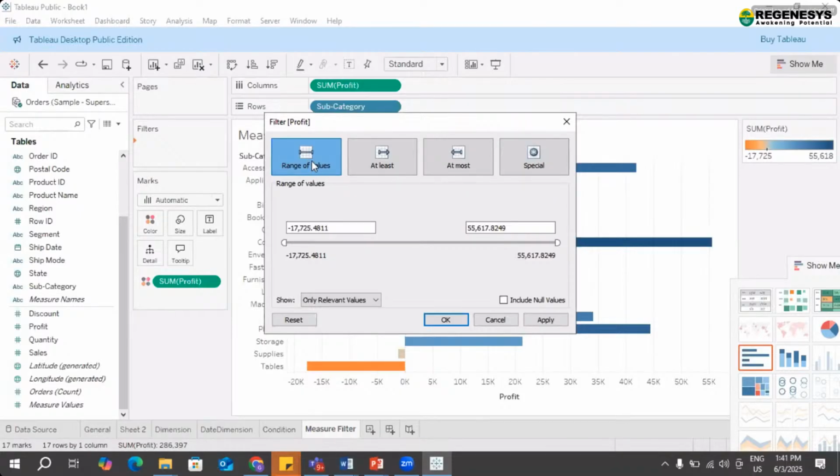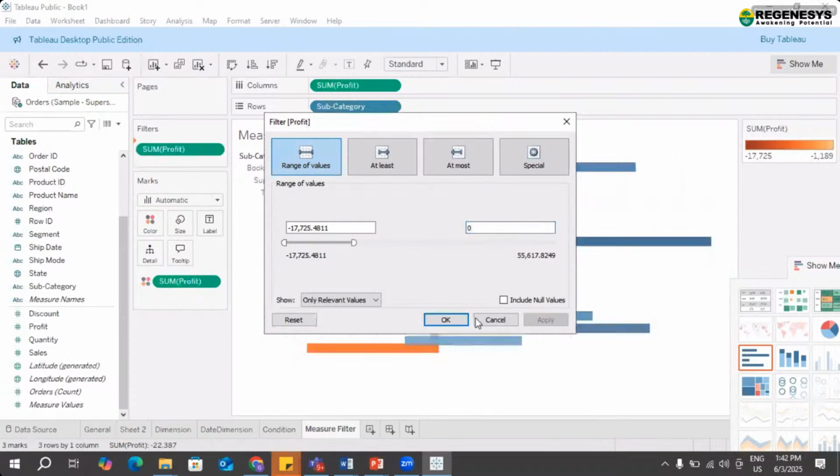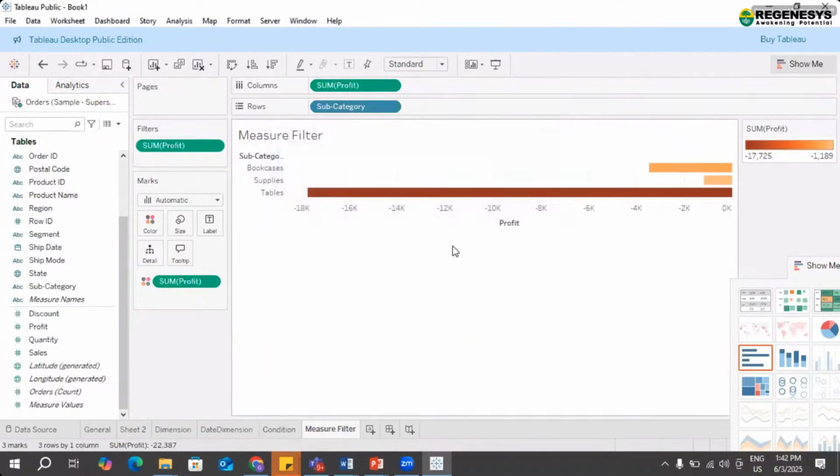When I am having range for all, and if I want to check all the negative values, okay. So what you can see is, I just take negative values and applied zero here till plus. So here you can see all the negative values are available.